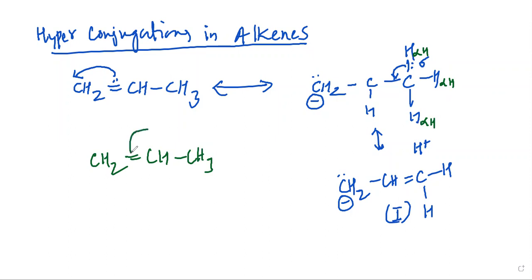You can expect this electron to go here, and there will be double bond CH double bond, and again you may have this H, and then you have H plus over here. So this is the way we can understand the hyperconjugation structures in